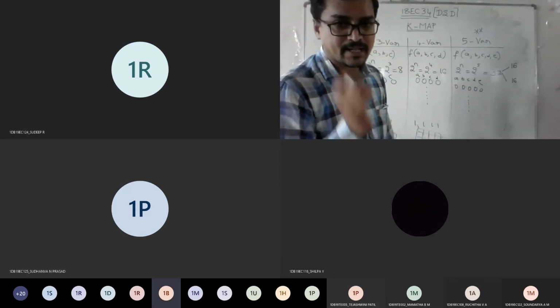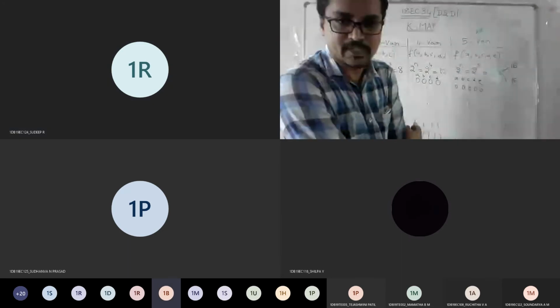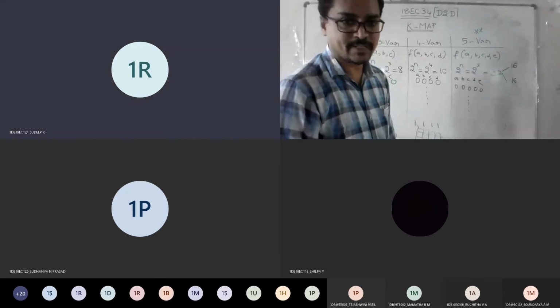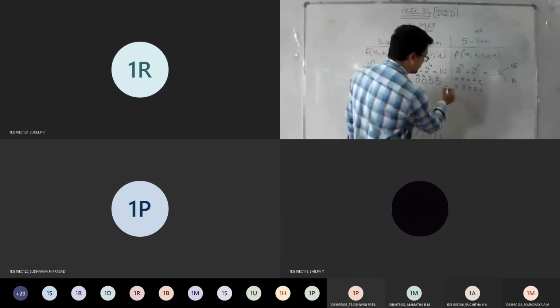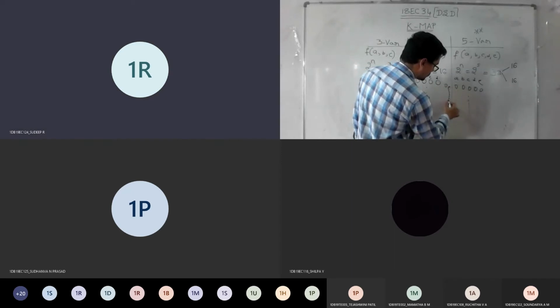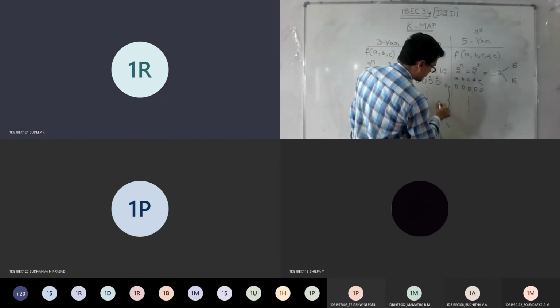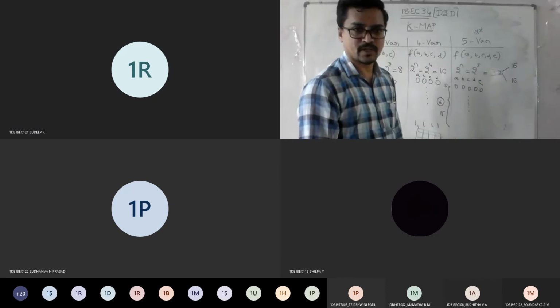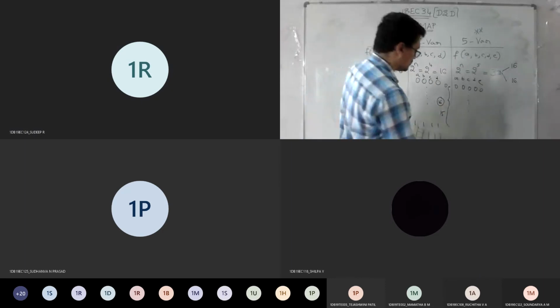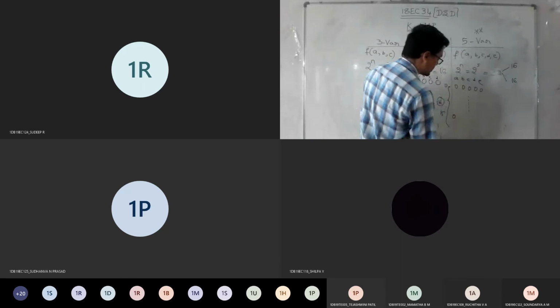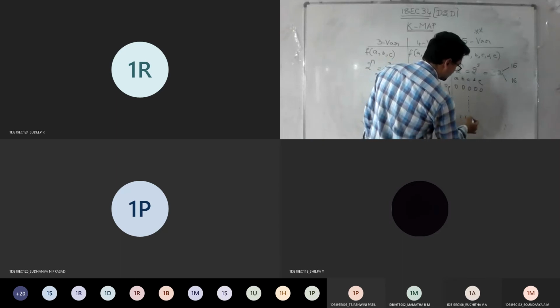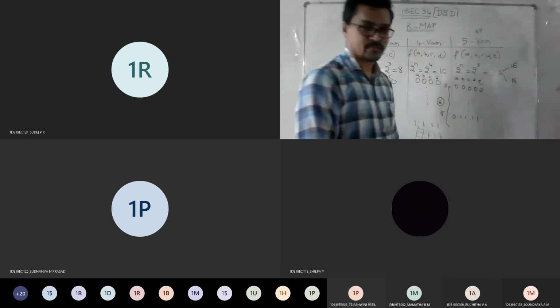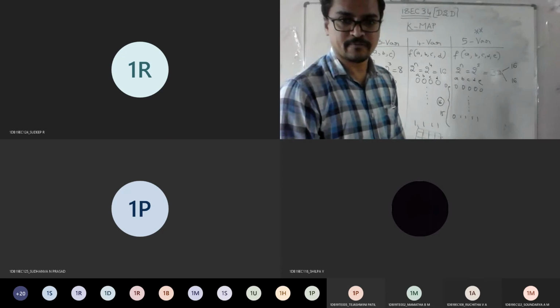In that, I need to split it into two 16 parts. So if I say this is 0, then from 0 to 15 is one combination. I'll just mention here: 0 with all four ones is called 15.